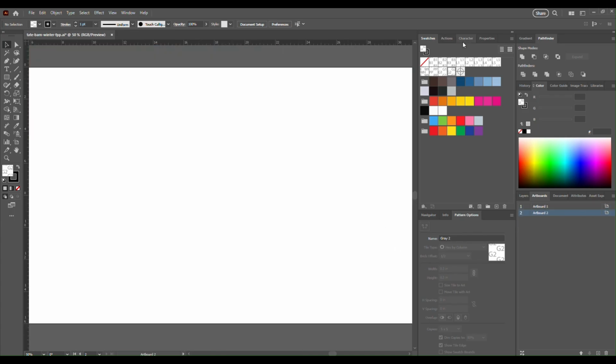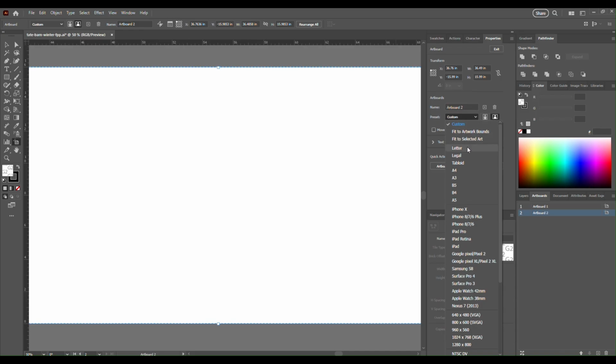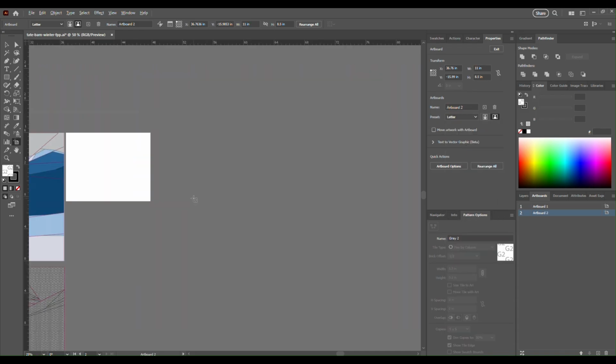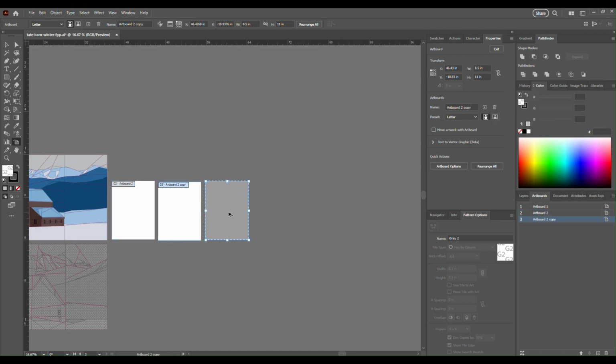another artboard. Now I like to go up and go into properties. I like to create this so that I know it's the size of a page. Go to letter, make sure you've got whether you want it to be landscape or vertical, depending on your pattern, and then move it to where you want it within the screen. If you hold down Alt while you drag it, that will create a copy. And you can continue to do this until you have a row of what we consider your pages for your